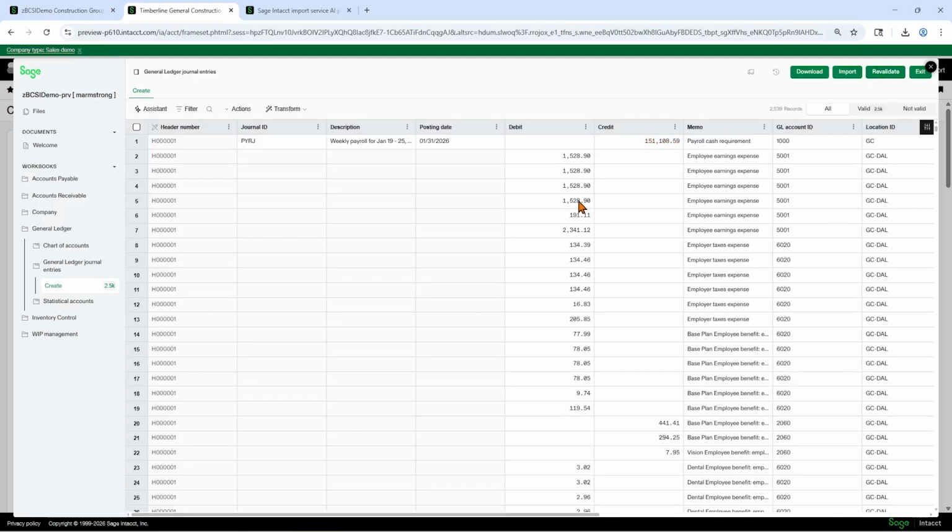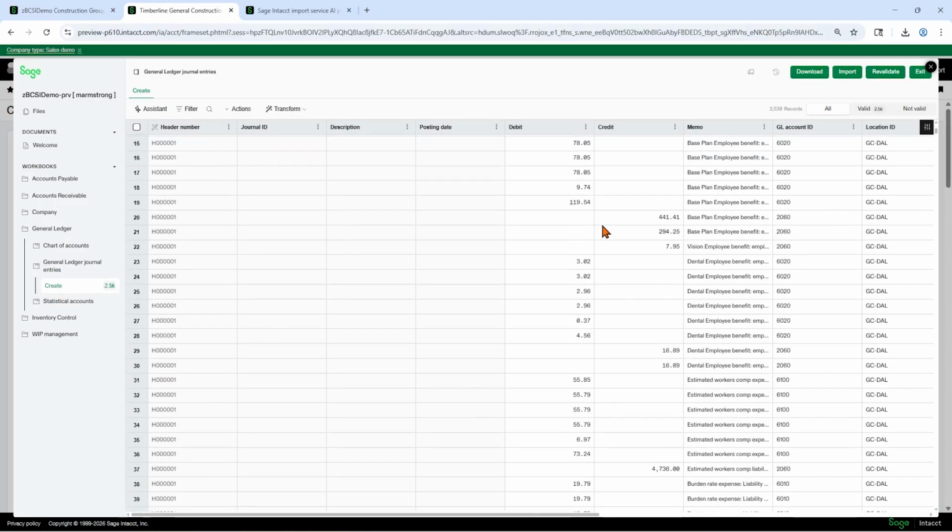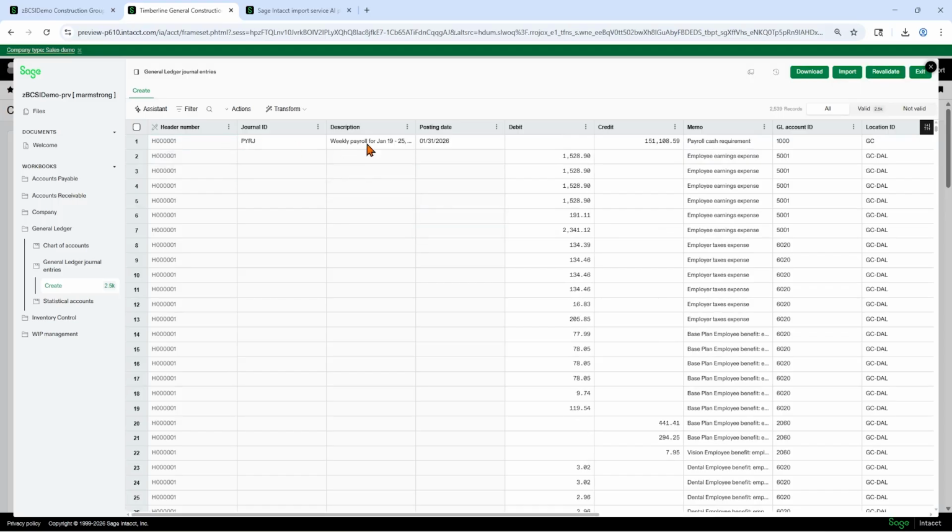Awesome. So everything is validated. And be sure to have at least a journal description, which is required as it is when you enter a journal entry manually, and a post date column, and then debit and credit, obviously, with your GL. Like everything that's required on the journal entry, you should have a column for, and everything else is extra. But let's go ahead and hit import.